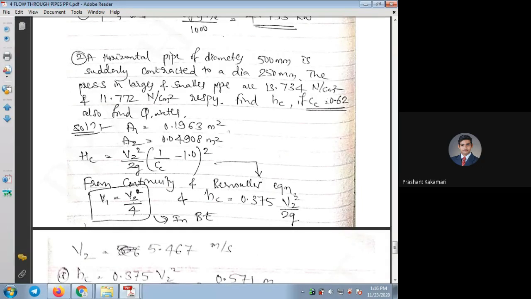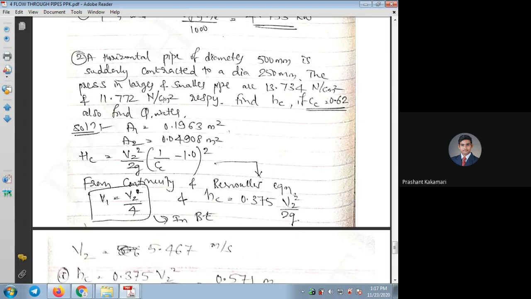side of the Bernoulli equation. V1 square by 2g, I am taking as V2 by 4 whole square. Left side and right hand side Z2, I am cancelling because a horizontal pipe is given. Z1, Z2 I will not consider in this entire problem. Equal to, on the right side, I'll take P2. P2 is 11.772 into 10 raised to 4 Newton per meter square divided by rho g plus V2 square by 2g, I'll write as it is. Okay, V2 square by 2g as it is